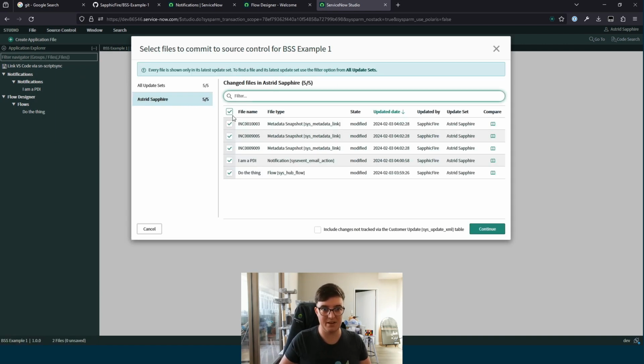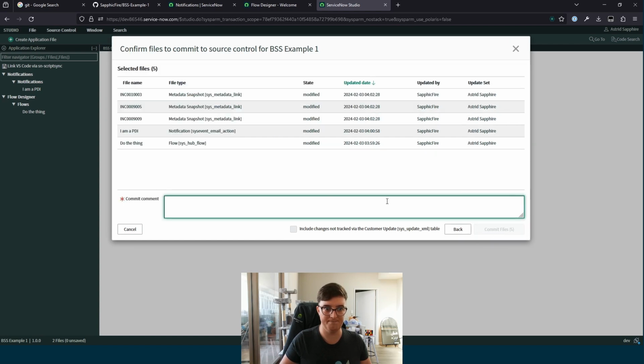So now we've got a few different options in here, and we can see there are 3 metadata snapshots, the PDI, and those 2 other records we added. So what we're going to do is hit continue and add a commit comment. Our commit comment is: back up dev to